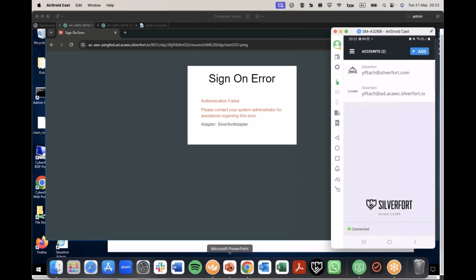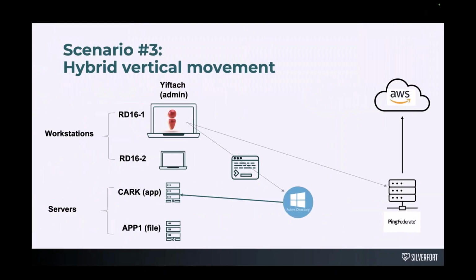And when we go back to the scenario, what happened here is that we equipped the MFA with the ability to understand context, with the ability to see the full trail of what's happening on-prem and in the cloud. Despite Ping Federate managing access to the cloud, in a way, it's now able to say there's a risky activity that took place on-prem. Therefore, this user cannot be trusted, and hence I'll block it from getting access